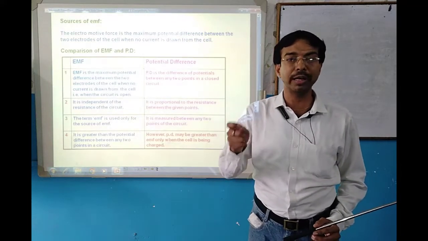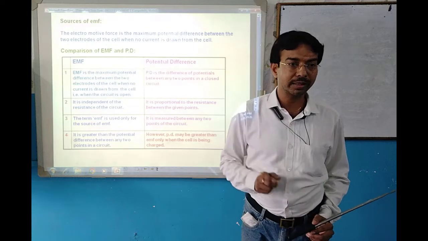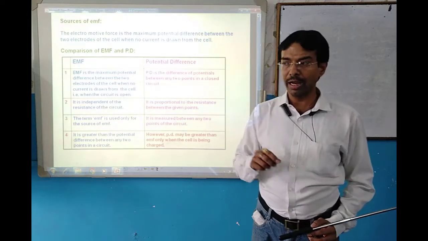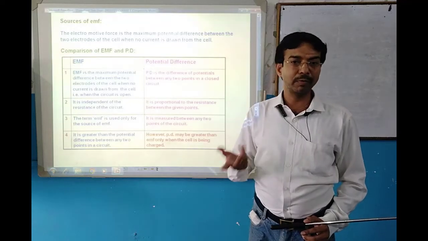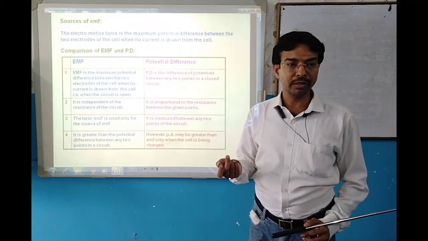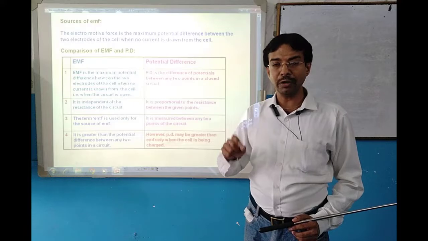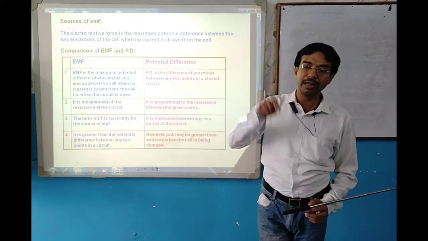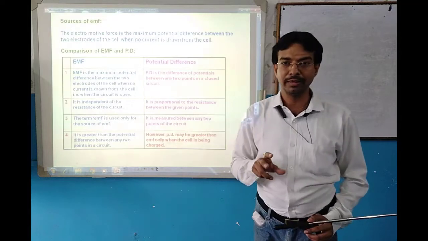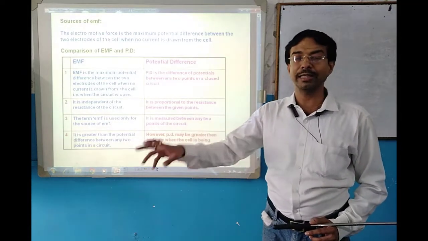मतलब हमने switch on नहीं किया है. We are not using the circuit. Yes. In that particular condition, if you are not using the battery or cell, then what will be the utility of the connection of it? In that particular condition, if the same current which is drawn by the battery or cell is entered inside of the same circuit, then it can also be treated as an open circuit.